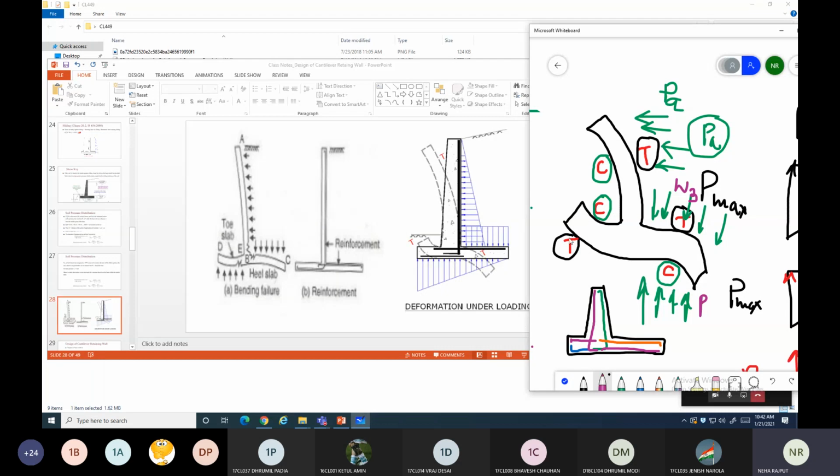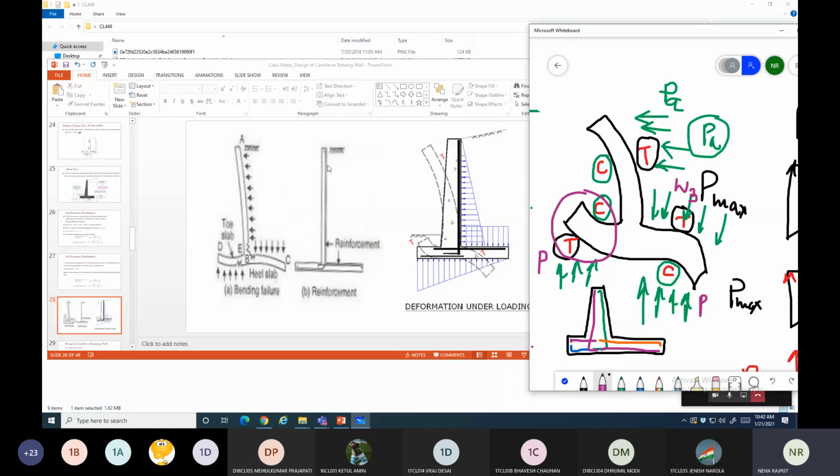और ये जो toe part है, toe part में कौन सा force आ रहा है? Toe part is having only the uplift pressure from this side, and that uplift pressure is in terms of P, and that will lead to the deflection of your toe part. Right, and this is showing over here also. This arrow shows that the stem is deflecting due to active pressure. This arrow is showing the heel is deflecting due to downward pressure plus uplift both, and this toe slab is deflecting due to the uplift pressure at this region.